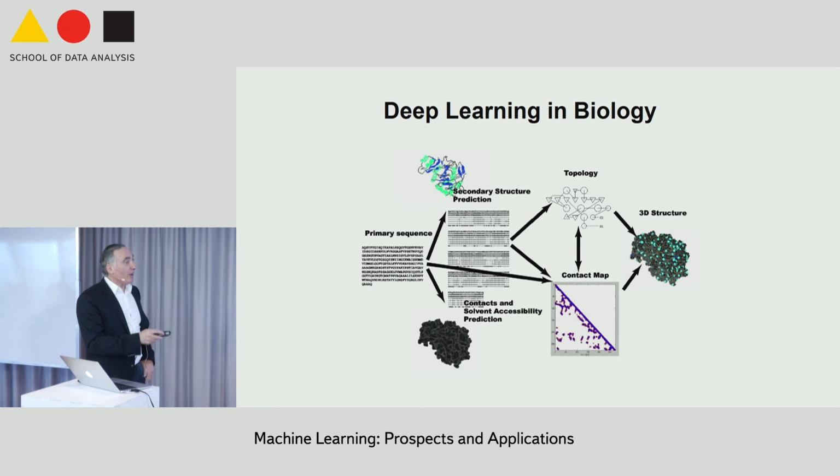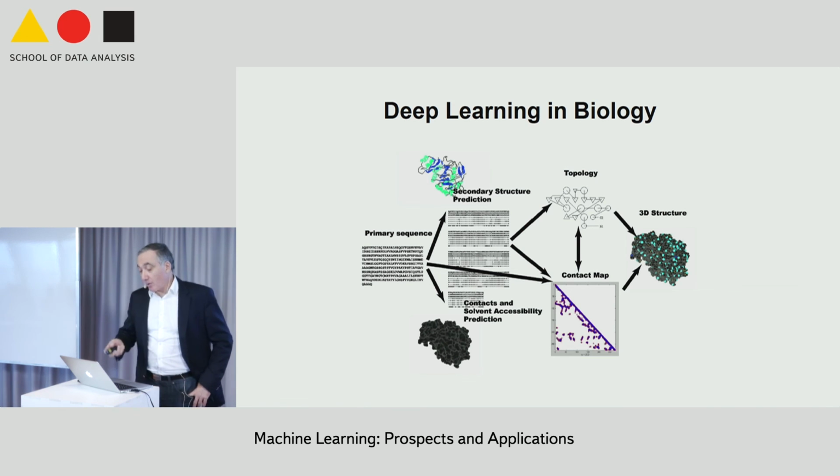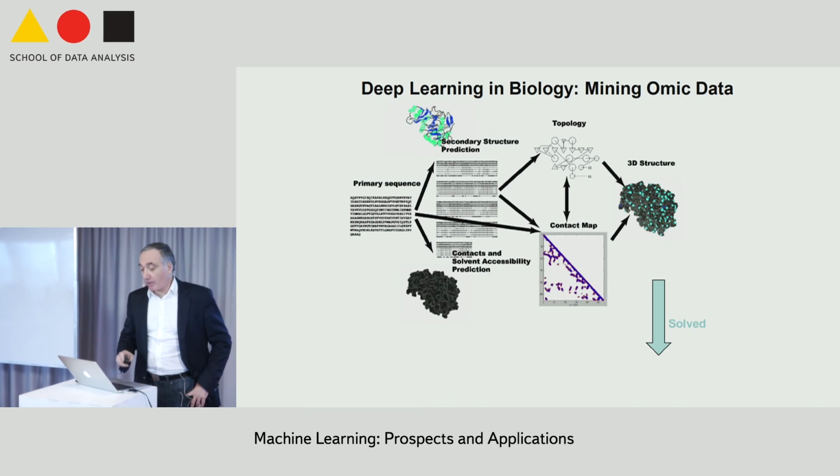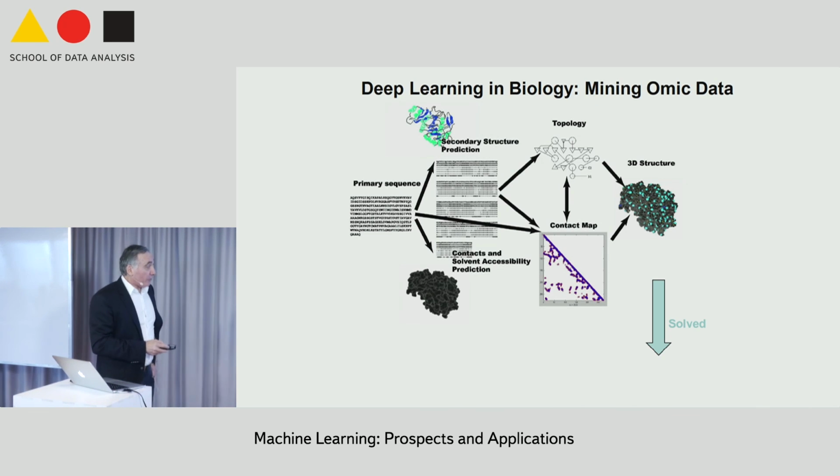And then from these contact maps, you want to get the 3D structure, which is, again, XYZ coordinates of all the atoms on the backbone and possibly also on the side chains. So we don't use a neural network for all these. We are using different neural networks at different stages to do different things. So the first piece of good news is that the third problem is solved.